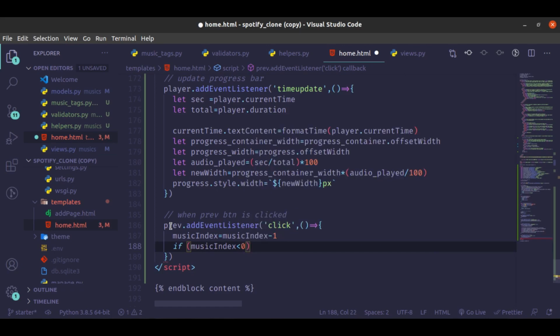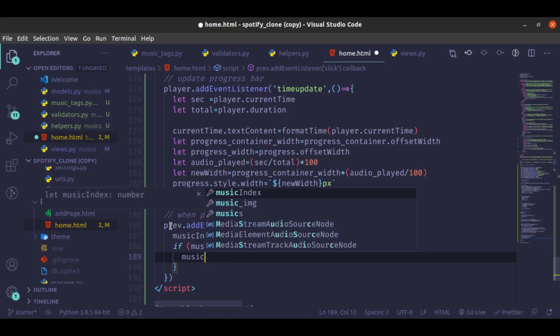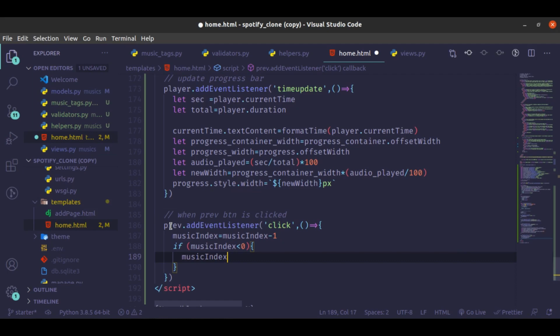So you can't have the music index to be -1. So if it is less than 0, then we are going to set music index to be equals to the music array, its length